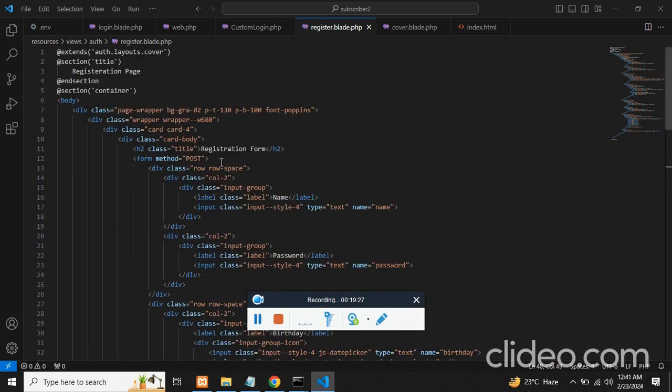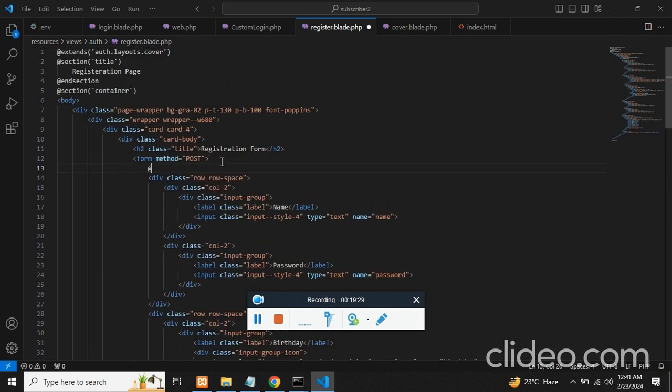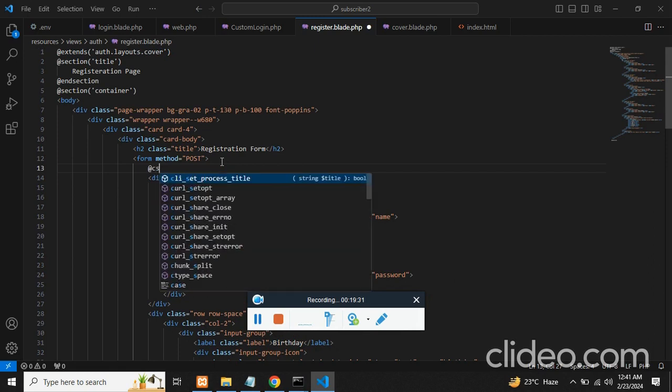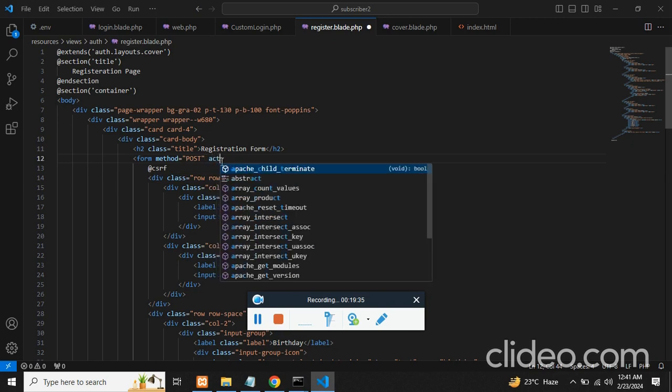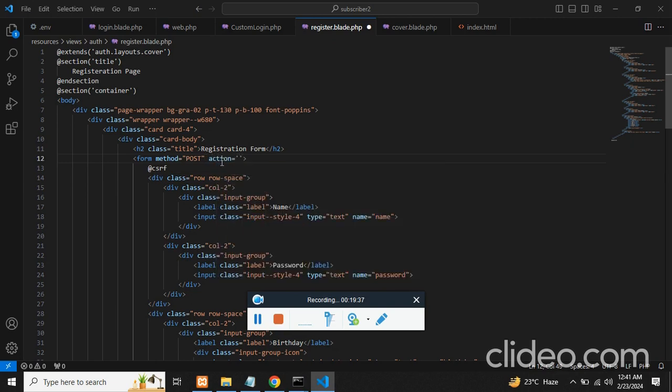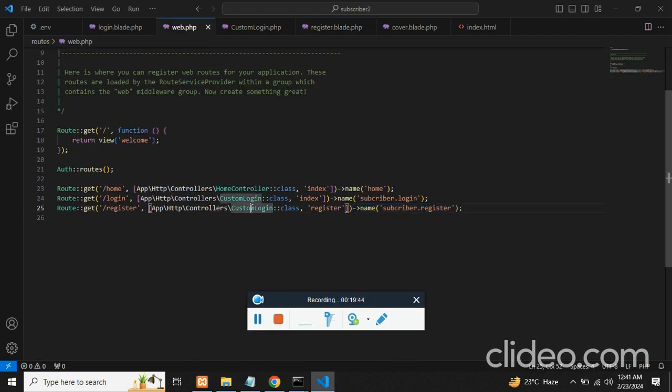Let's just find the start, and since it's Laravel you need to write CSRF and you need to mention the URL. So here you'll be using the URL. So in the web.php, let me just duplicate this. So register submit is the URL, or register/submit,